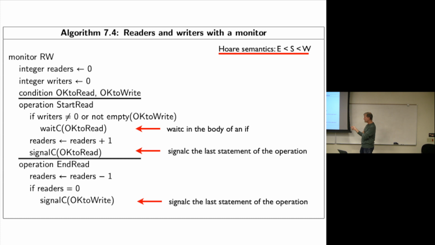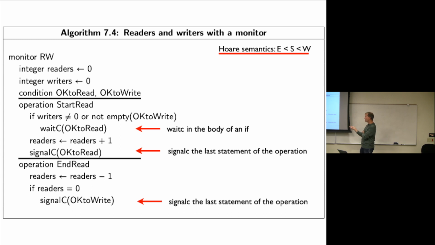What is this? Empty, okay to write. But now wait a minute. What is okay to write? What is this? That's the queue of block. Yeah, that's the queue. So it's checking to see if that queue is empty. So it's checking to see if the queue, okay to write, is empty or not. Okay. Now,